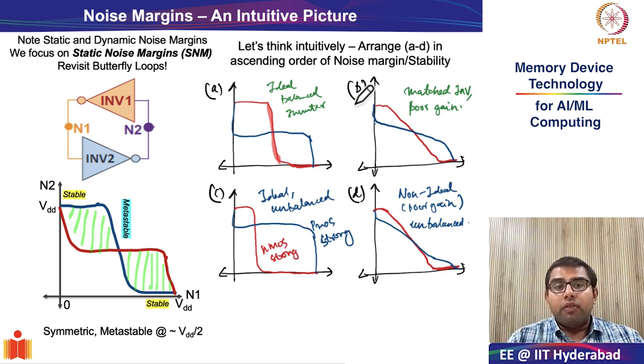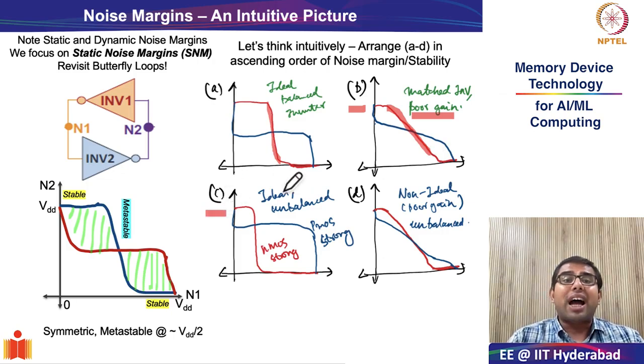In figure B, we see that indeed we have a matched or ideal inverter, but the gain is very poor. Because the gain is poor, the roll off is very shallow, not very steep. Okay, in figure C, we see that although we have ideal characteristics, meaning very high gain, very sharp roll off or very sharp transition, but this is a